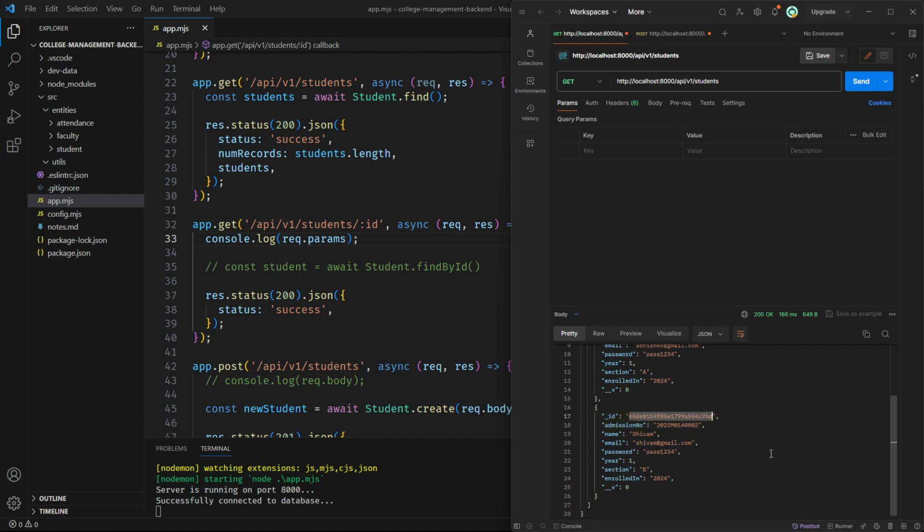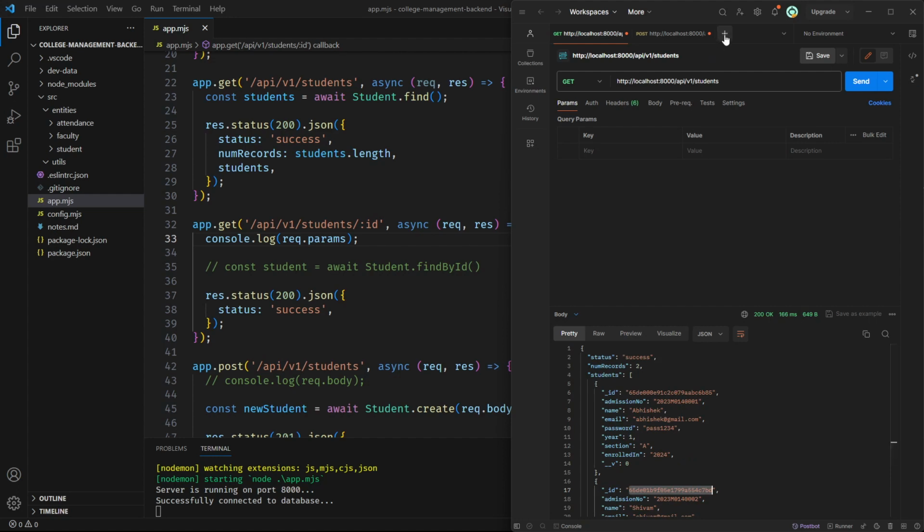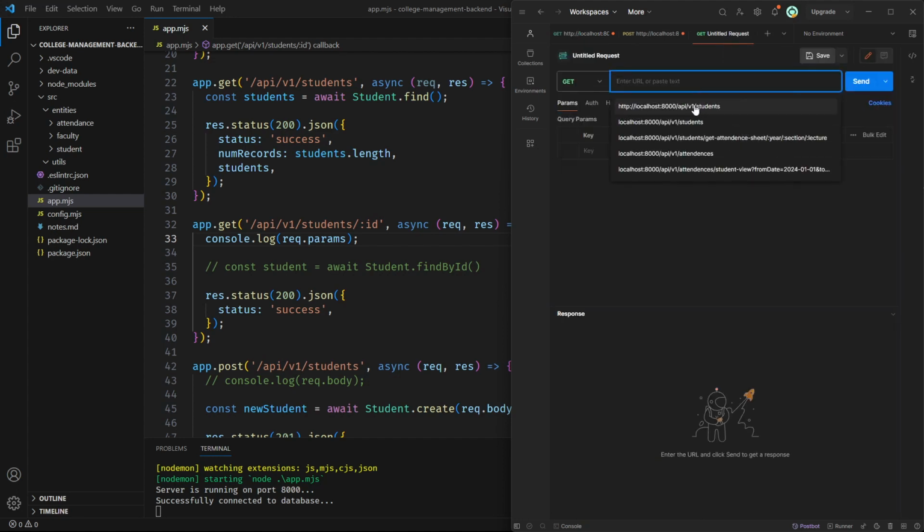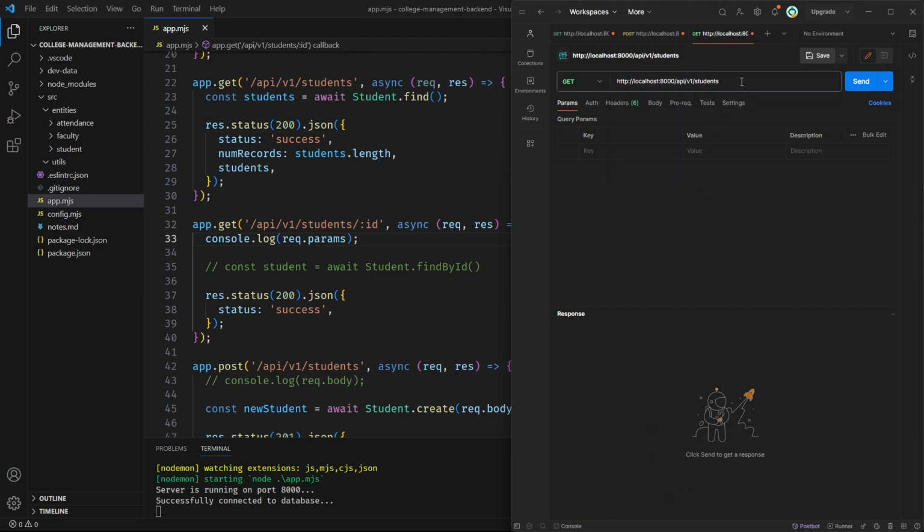I'm just copying this id here and making a new request to /students and then /the id. So this is the student id. Basically this means from this student table we are fetching the details of this particular student whose id is this. Okay, if I click on send now,